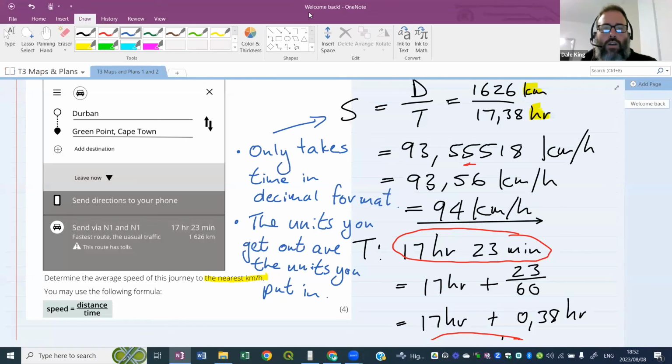Thank you, Safiso, for reminding me that we need to round off to the nearest kilometer. The nearest kilometer. So that must go up, right? So this 3, we're looking at the 3 now, and the nearest whole kilometer depends on the 5 next to it. That's a 5, so we got to go up to 94. All right,